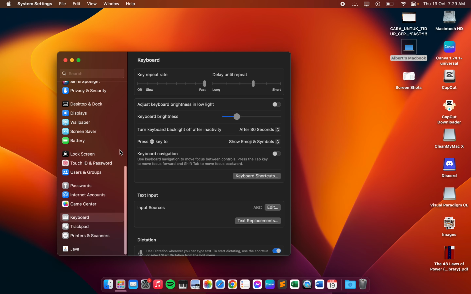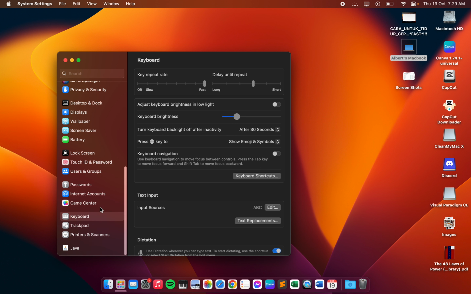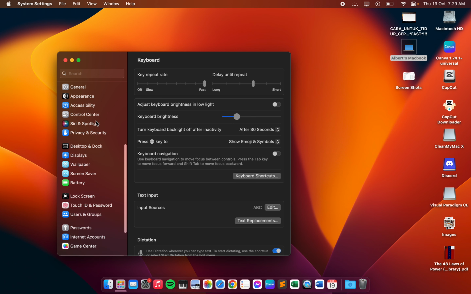You can go into settings, and then from here you can scroll down until you see keyboard, and then you can turn down your keyboard brightness, and you can also adjust it. And for this thing right here, you have to go to here, you have to go to